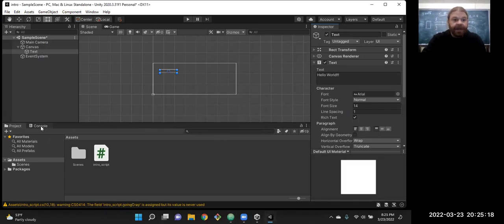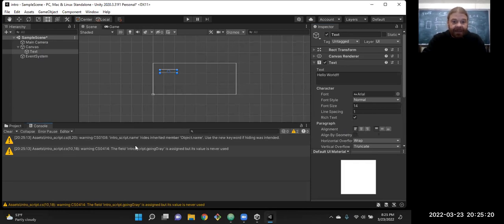So the compiler ran. I'm getting a couple warnings. These two things aren't used. Hides inherited member object name. Okay, yeah. Name is something we probably shouldn't use, but it'll be fine.